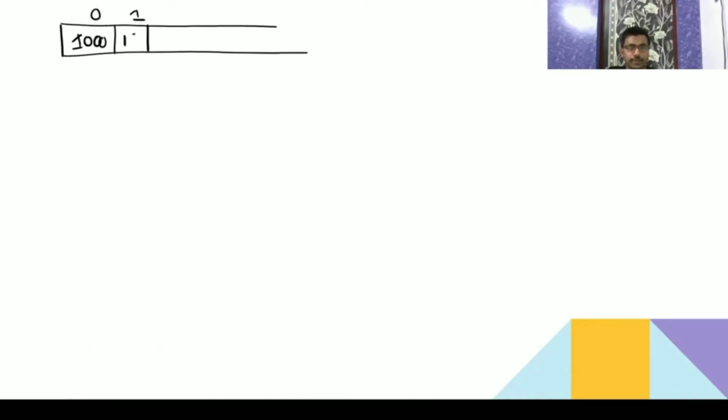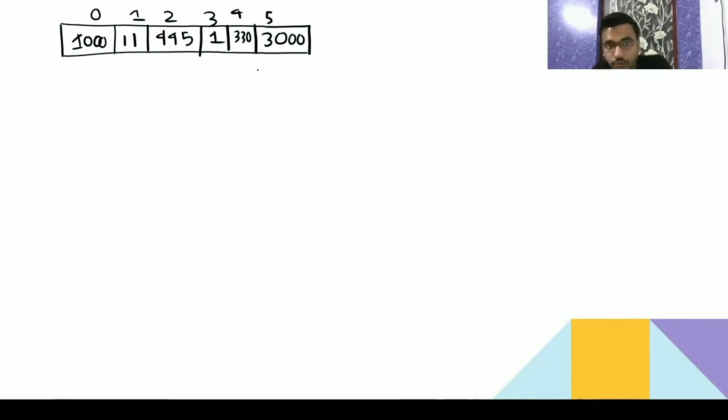Now I will take one array and execute this, then it will be more clear. Take the array having 10, 11, then 3, 1, then 4, 3, 0, then 5, 3000.